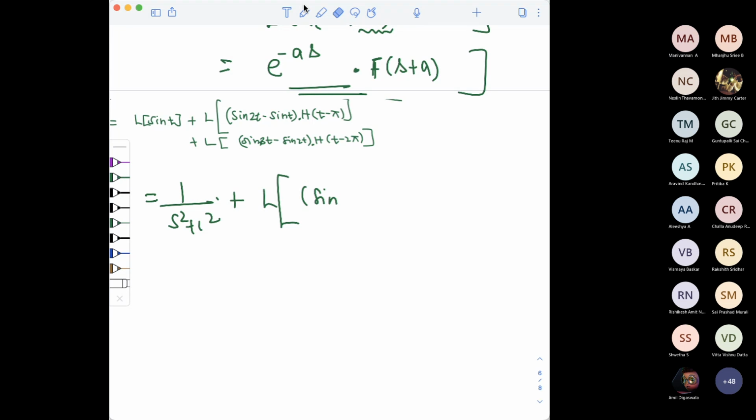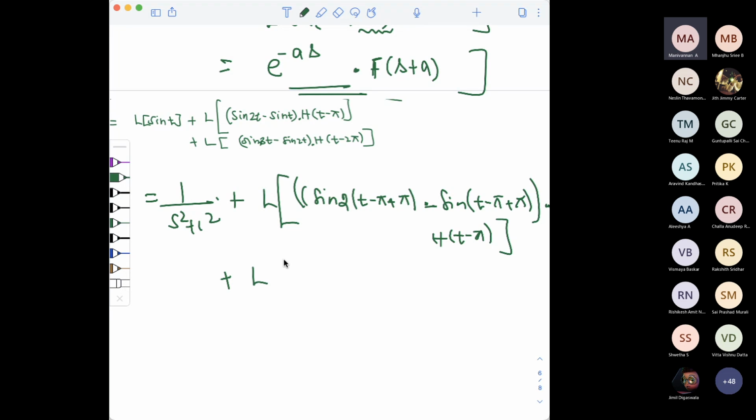Am I right? Plus pi. Shall we consider in this way? Yes, sir. Okay, minus pi plus pi into this h of t minus pi, plus the Laplace transform of